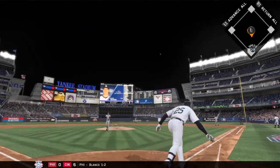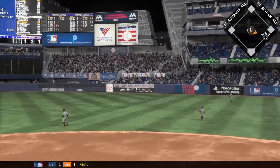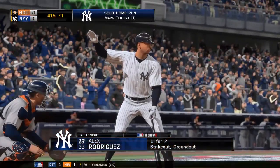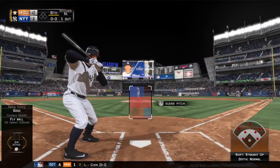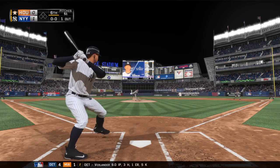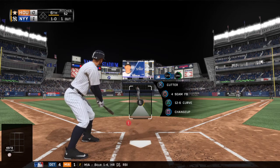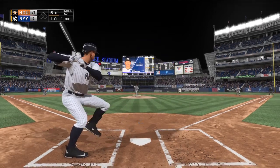Oh, high, deep. That is a moonshot, folks. A long home run. Third baseman, number 13, Alex. So a solo shot off the bat of Mark Teixeira, number 395 for his career, as the Yankees will grab a 1-0 lead. The cleanup hitter, Alex Rodriguez, is in for the 3rd time here as he watches one that